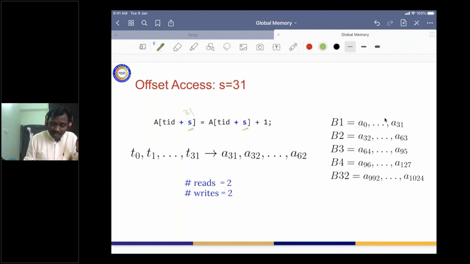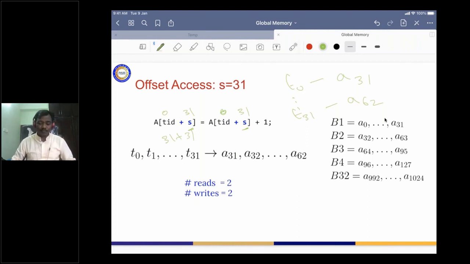When the thread ID is 0, it is going to access A of 31, and so on. Thread 31 is going to access A of 62, because we just substitute the thread ID value 31 plus 31, so we get 62.